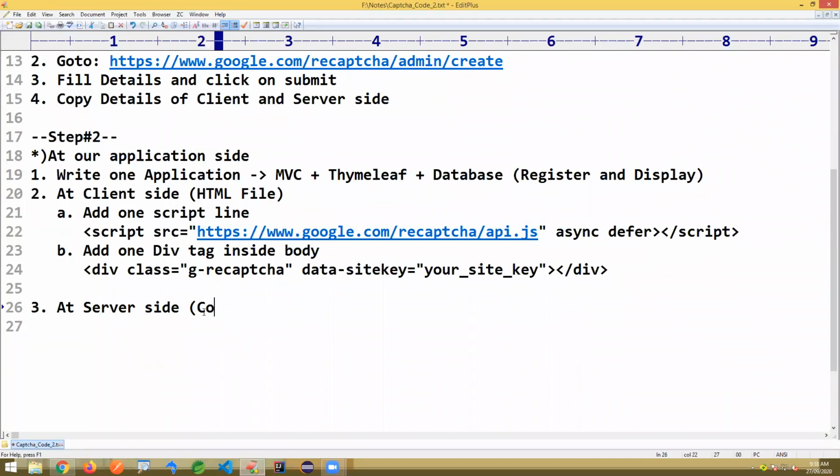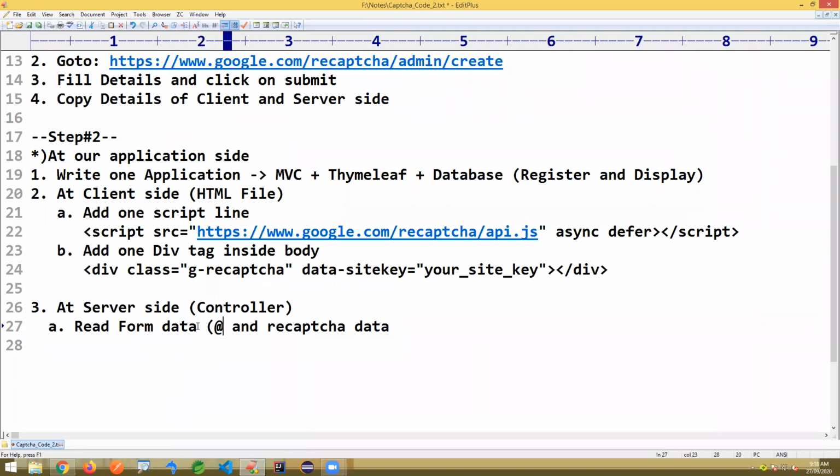We can also write this simply in the controller class. What we need to do here is read form data and reCAPTCHA data.